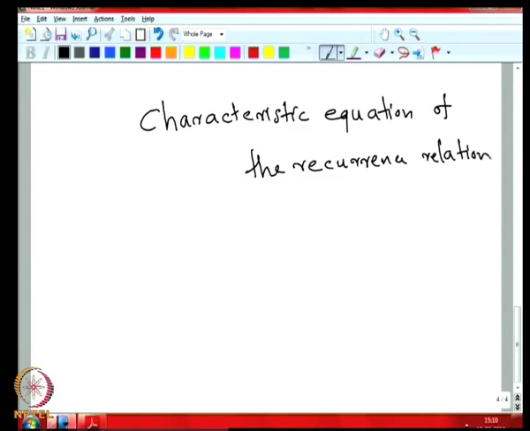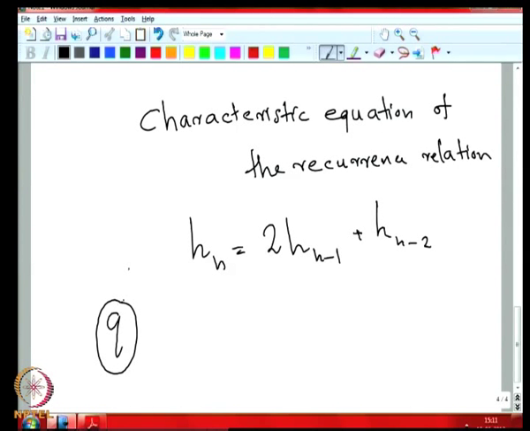What is the characteristic equation of a recurrence relation? So, for instance, if the recurrence relation was h n equal to 2 h n minus 1 plus h n minus 2, say, then we can guess that q. So, let q be some number, and suppose we guess that